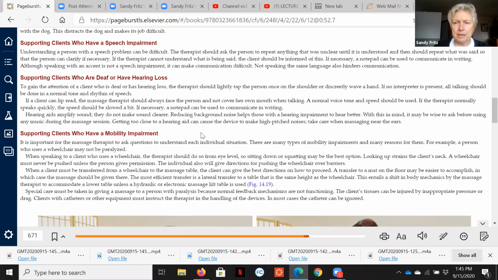An impairment is going to require some sort of responsiveness. So having a barrier-free environment, for example. An individual might use braces, canes, wheelchairs. They might be mechanical chairs or electronic chairs, or